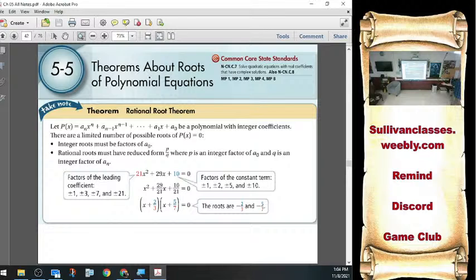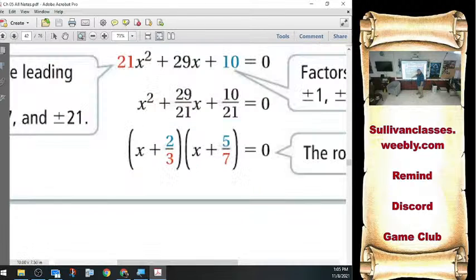Insert a bunch of famous dead dudes who came along and did a bunch of work for it. Right now, I'm just going to say, look, they did the work, trust it. And it turns out that all of my rational roots